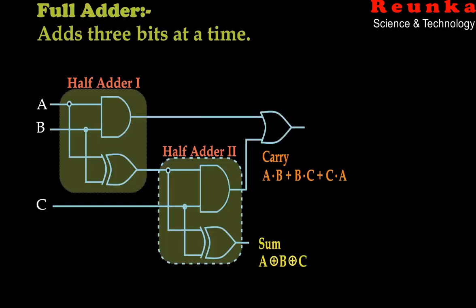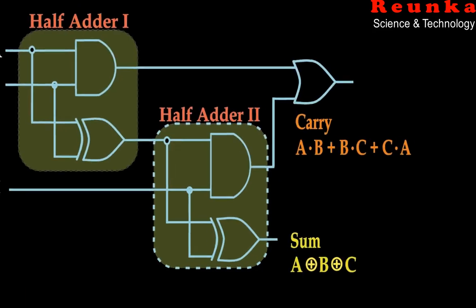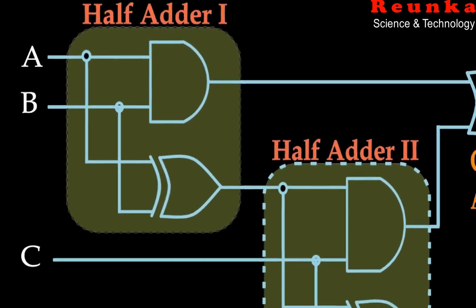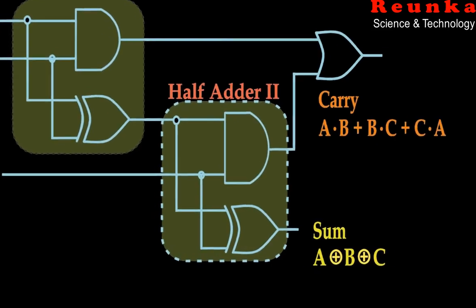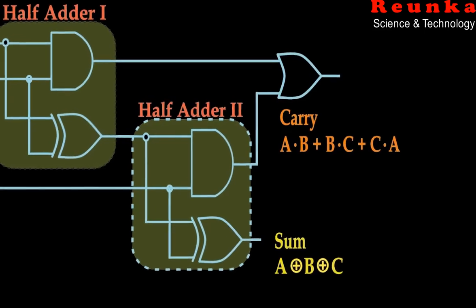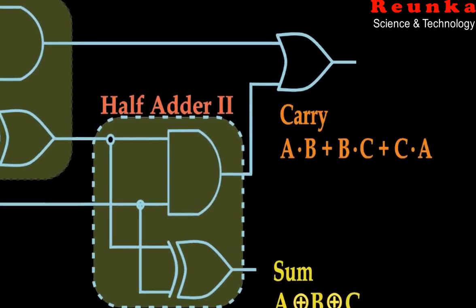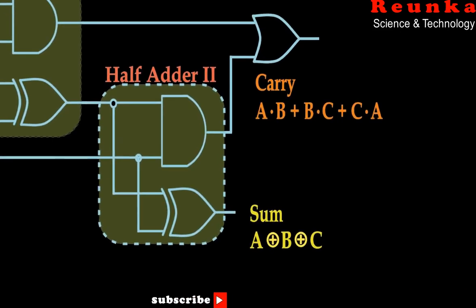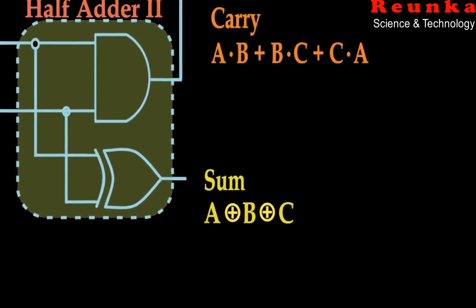Now when 2-bit addition is called half addition, then if 3 bits are added, that circuit is called a full adder. This circuit can add 3 bits at a time, and it is constructed using two half adders and an OR gate. The concept is that first 2 bits are added using a half adder, and the third bit is again half added, then the carry of both the half adders is added using the OR gate, and at the XOR gate of the second half adder we are getting the sum.